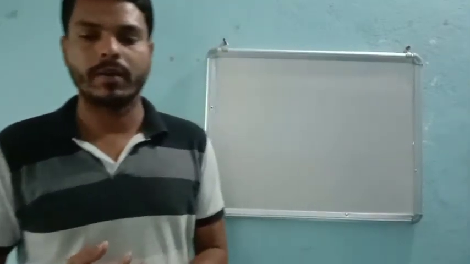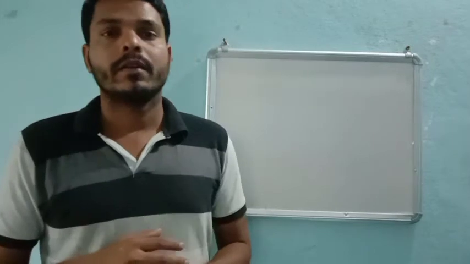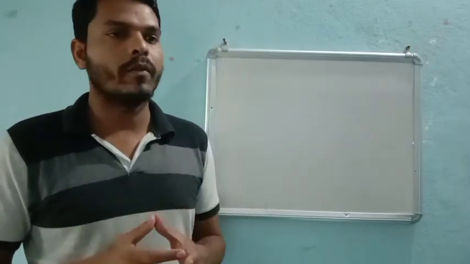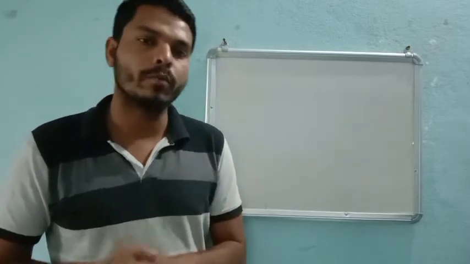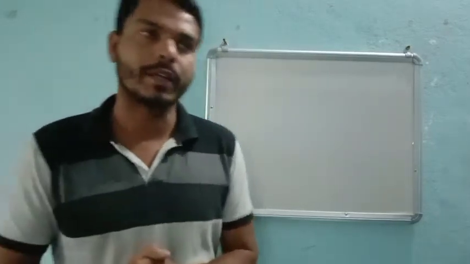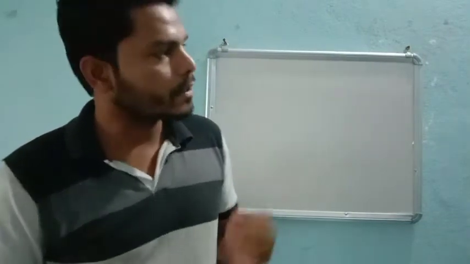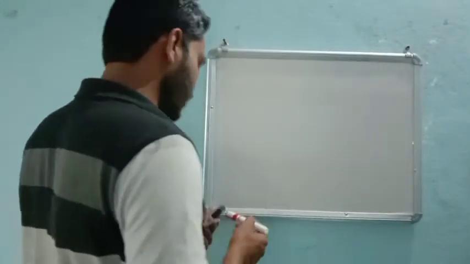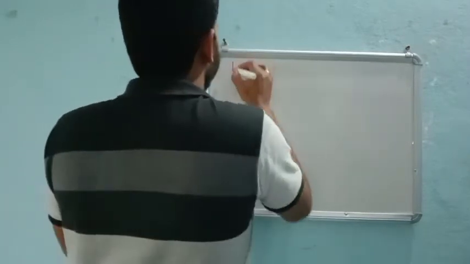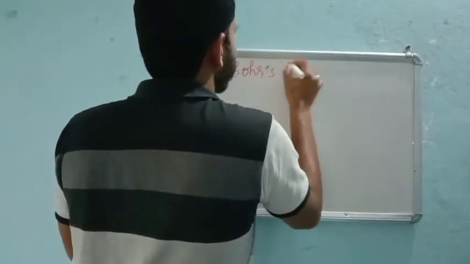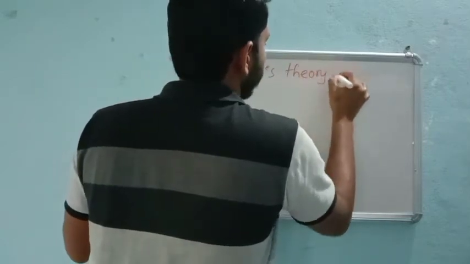In the last class, we discussed Bohr's atomic theory, right? So, dear students, this theory is very important. A minimum of about 3 marks question will be there on this Bohr atomic model, or Bohr's theory. According to Bohr's theory, as I explained in the last class itself, he has given a total idea about the electron as well as the atom and then energy levels, right? Let me explain again, because this is a very important theory.